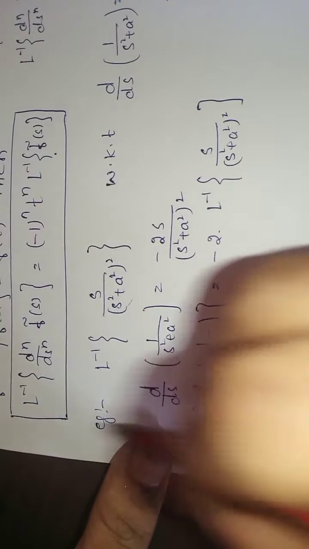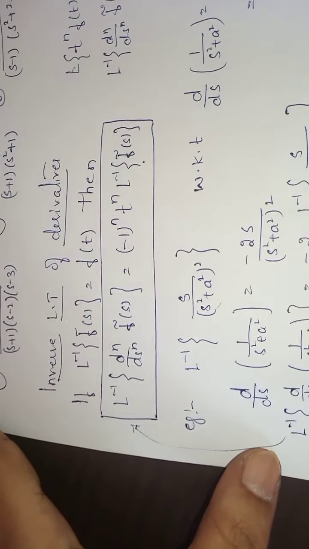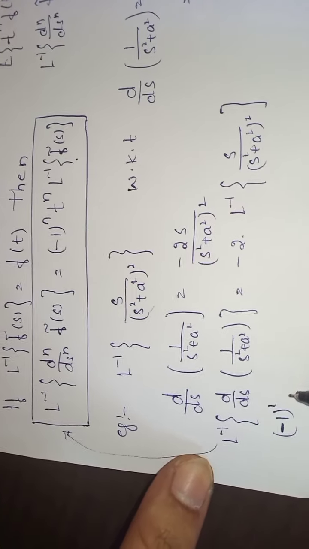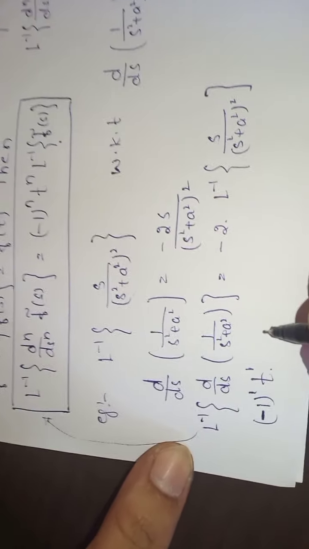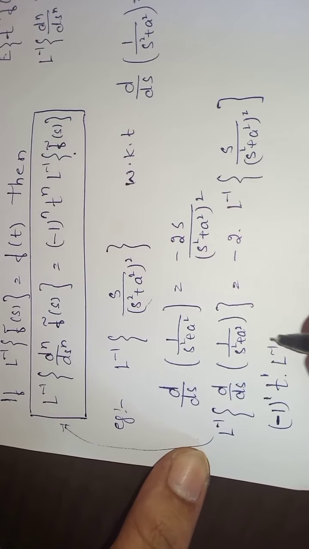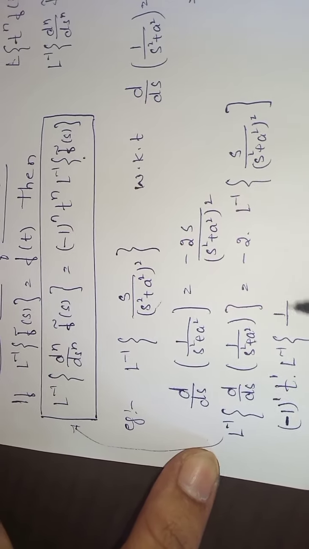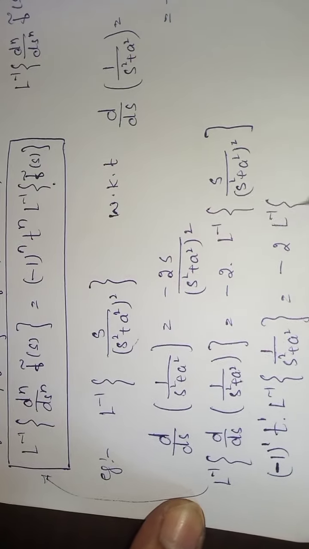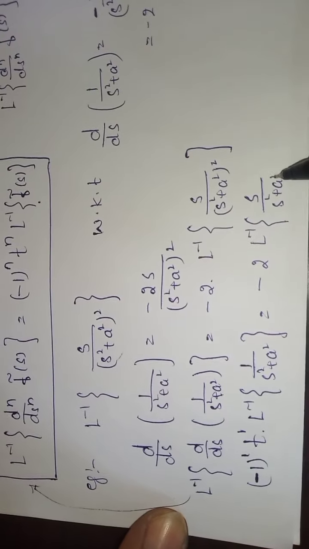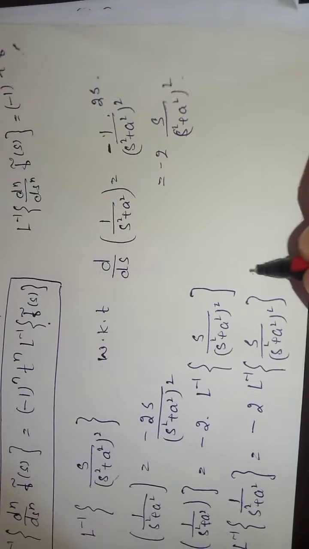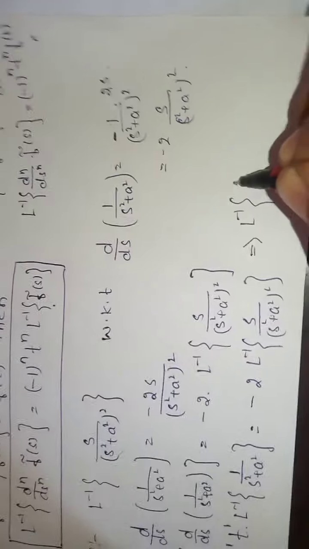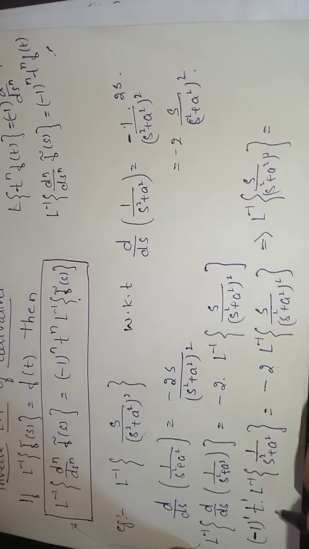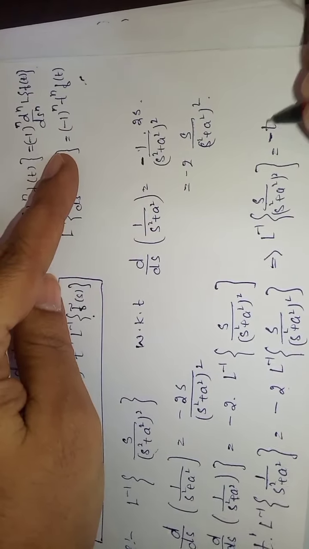According to the property, the left side equals minus 1 to the power 1, since the derivative is only once, into t to the power 1 into Laplace inverse of f bar of s, which is 1 by s square plus a square. So it equals minus 2 Laplace inverse of s by (s square plus a square) whole square. From here you get Laplace inverse of s by (s square plus a square) whole square equal to, sending the minus 2 across, minus t by 2 times